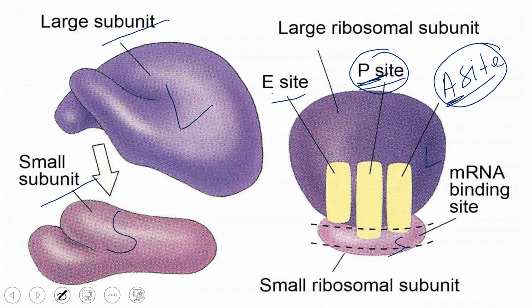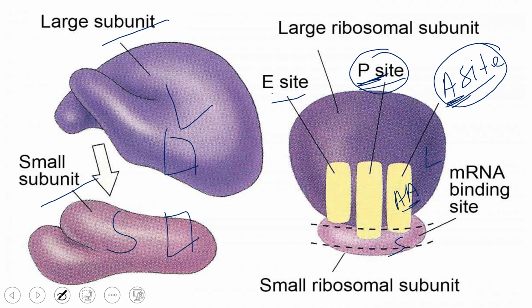So first the amino acid comes here. Whenever an amino acid comes, it will come here, and this place, the A site, is present on both. A little portion is on this one, a little portion is on this one too. Means the A site is going to be shared by the large subunit as well as the small subunit. Similarly, the P site is also shared by the large and small subunit.